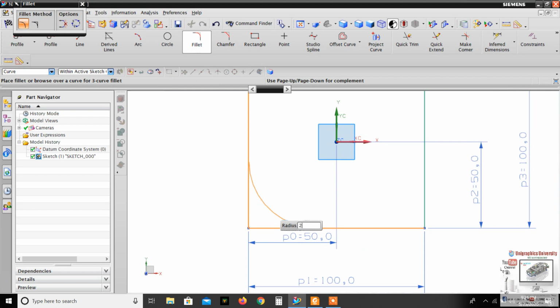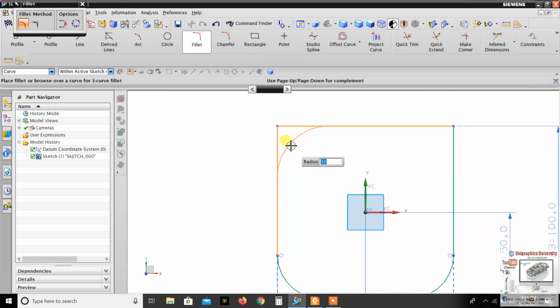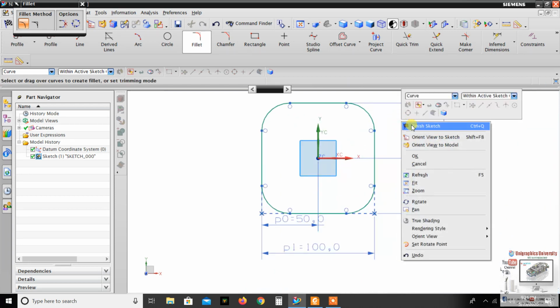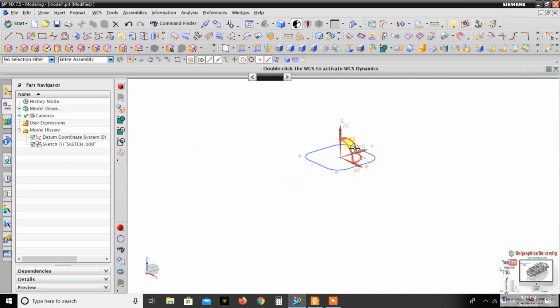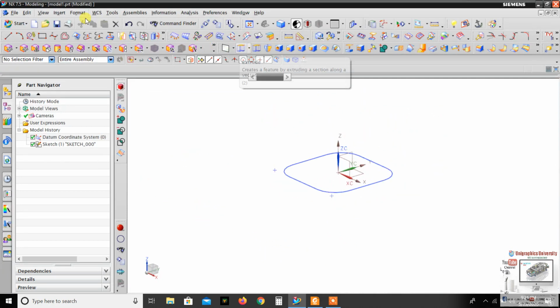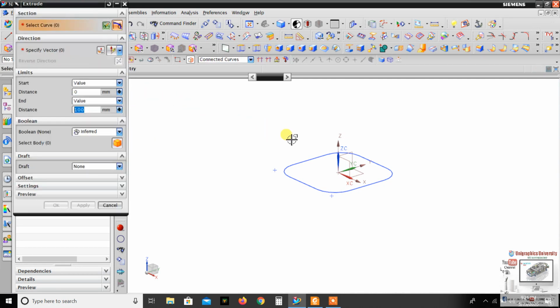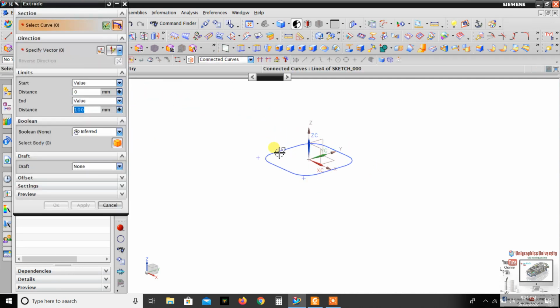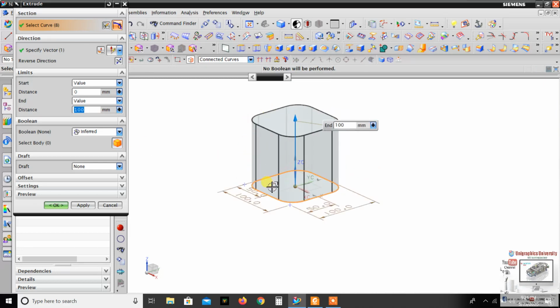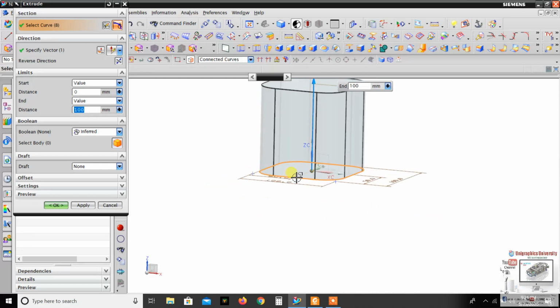Just make fillet, just a random value 25. Or 25 is okay, 25 or 20, up to you. Just random value 25. Right click, finish sketch, then click extrude. Insert, design features, extrude, select the curve, then create